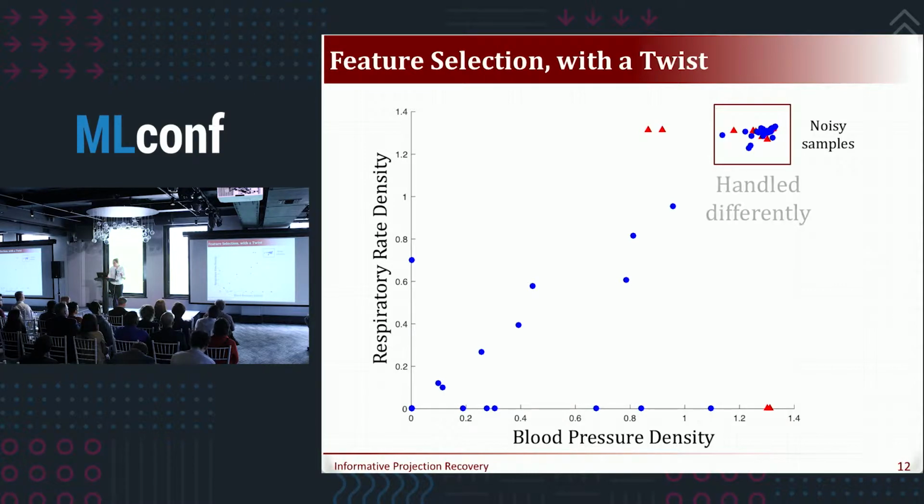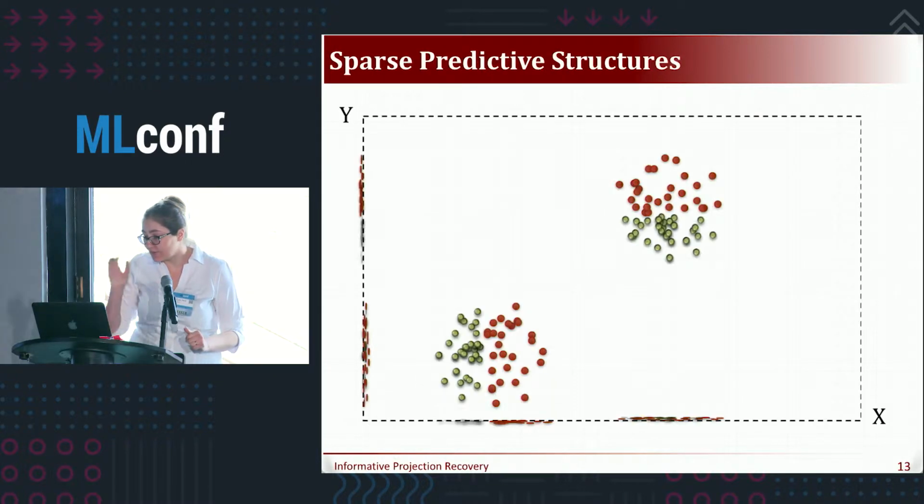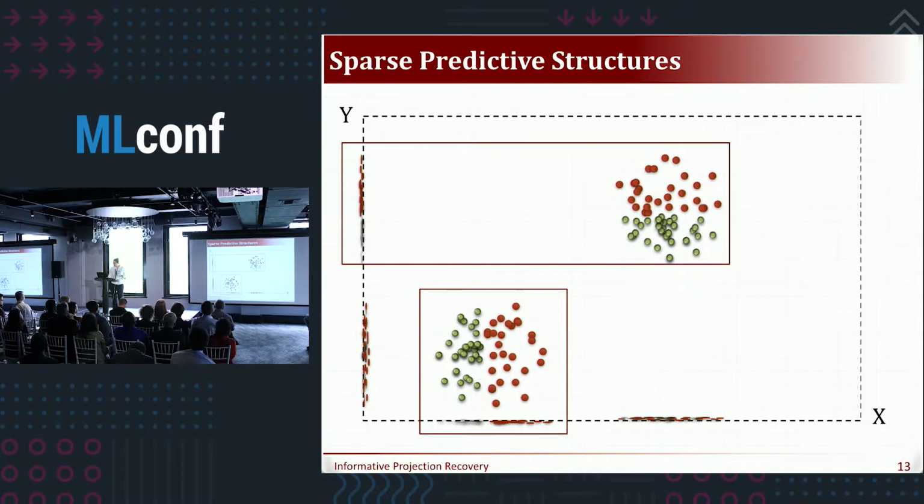What our method does is it takes these samples and handles them with a different low-dimensional view. So it finds specific low-dimensional views that handle difficult samples, difficult cases. Let's look at this artificial case. There are obviously two groups of samples, and we can see them. The group on the top can be classified with the y-axis, and the group on the bottom can be classified with the x-axis. Our method partitions this data and projects each group on its relevant features and then trains a